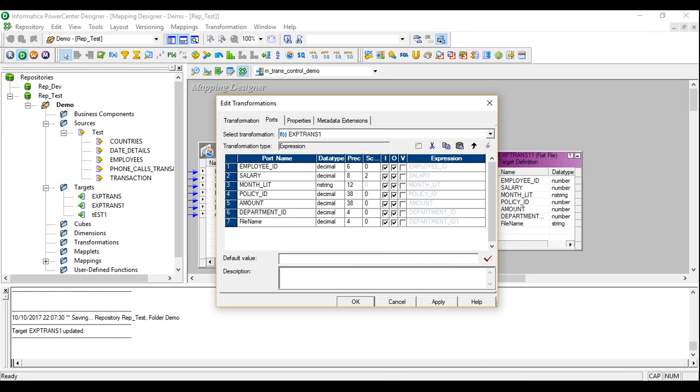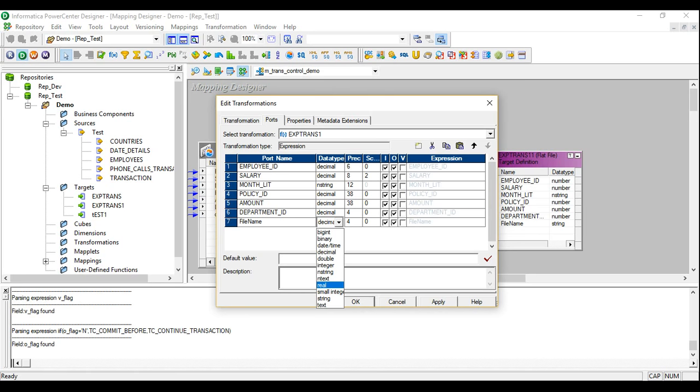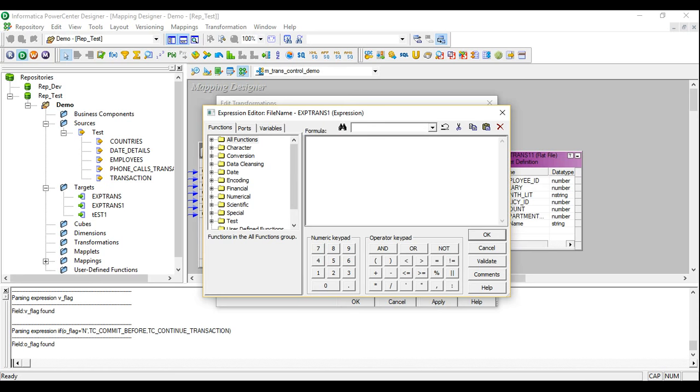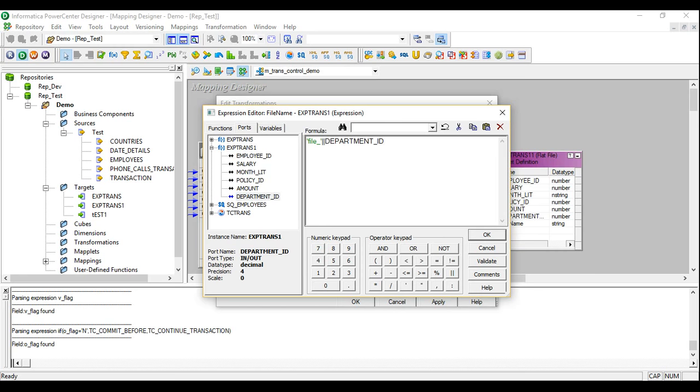I'll make it a string of 255. And let me just quickly give it a name, file underscore, and let me concatenate this to the department ID passed.